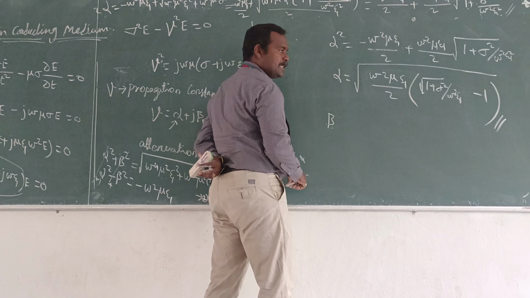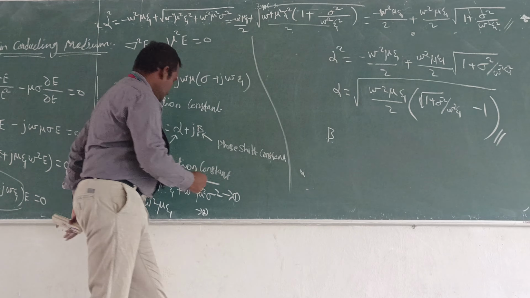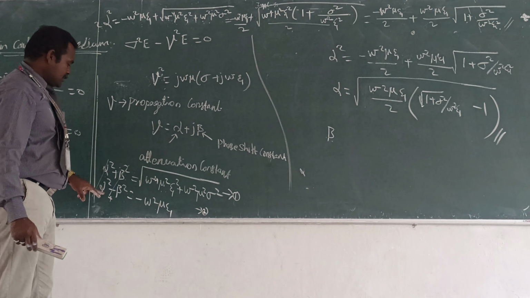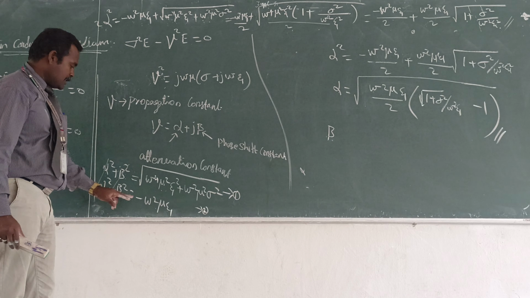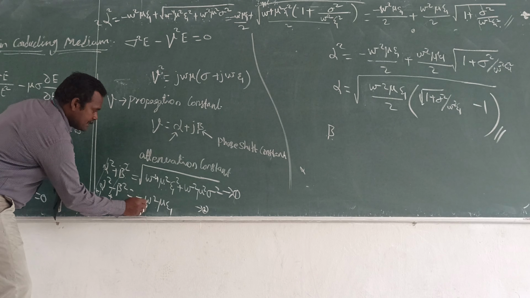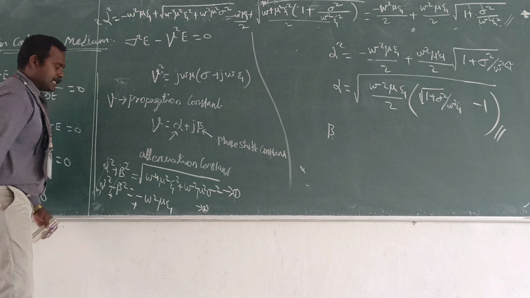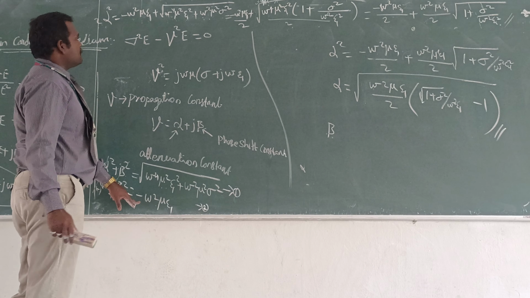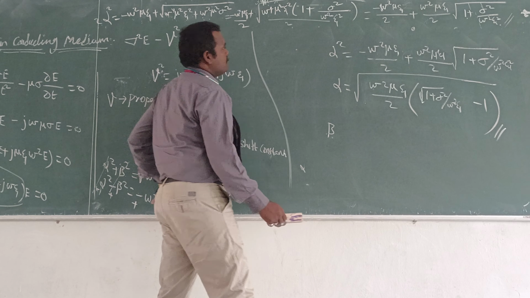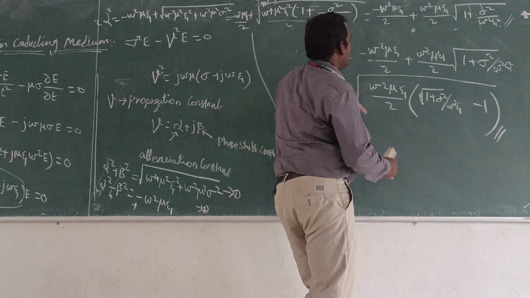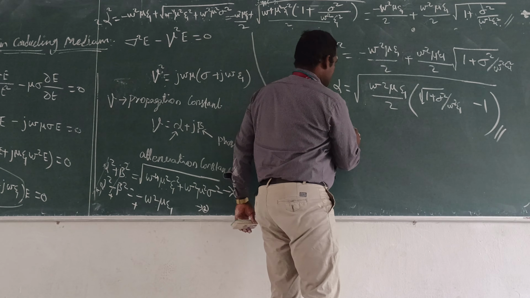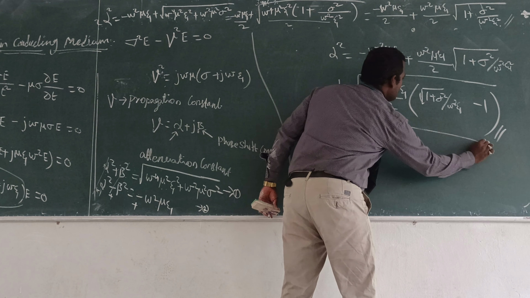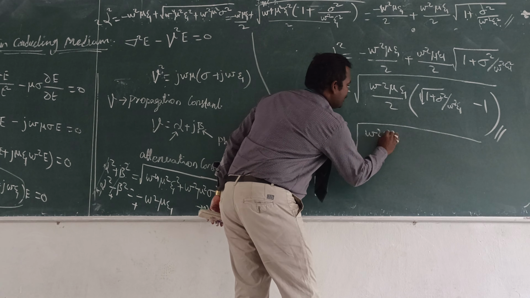While making the expression here, you interchange the sign, so instead of this minus, it will be plus. In the same case, beta should be equal to omega square mu